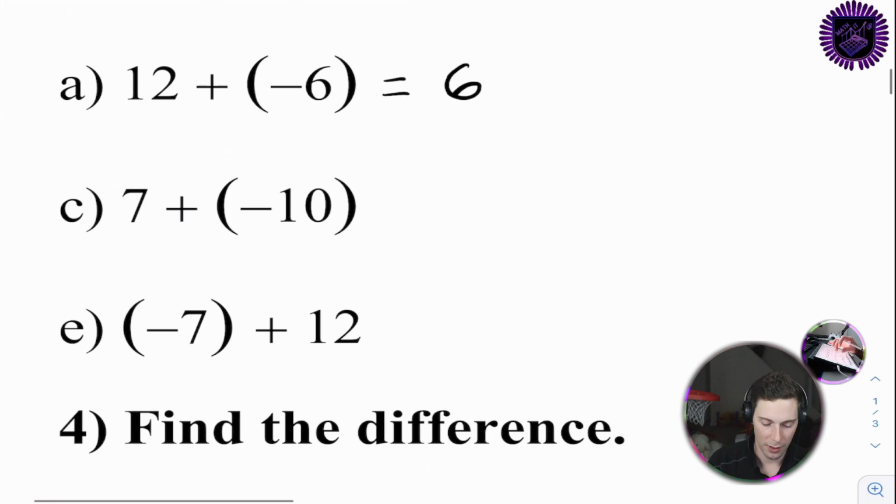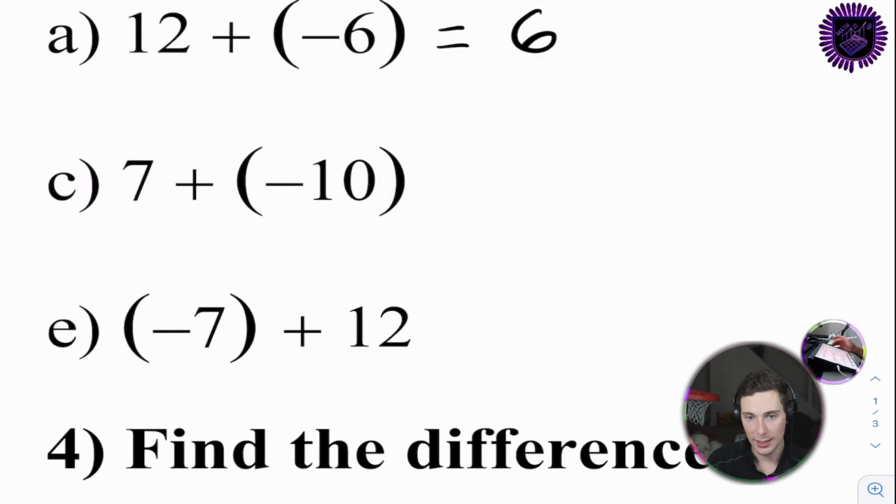So we have 7 plus negative 10. Now the signs don't match and we're adding. So what's the difference between 7 and 10? The difference is 3. What's the larger number? It's the negative number. So the answer is going to be negative 3. We can think of it as